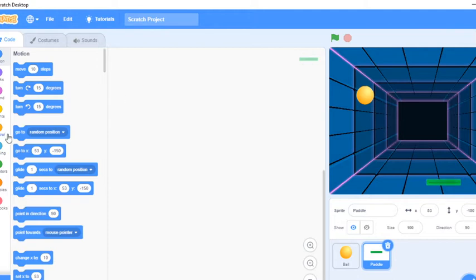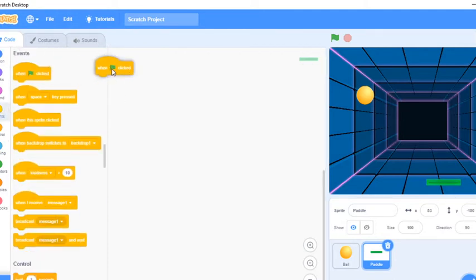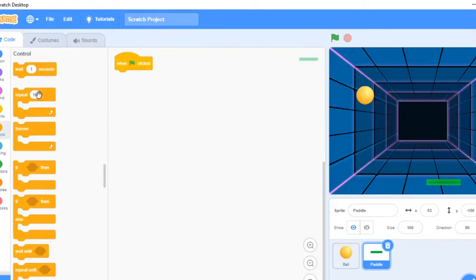Okay, so the first block I have to take is when green flag clicked. In this we have to write the code. So I will go to the forever statement. This is the forever control statement I have added here, and here I have to add the paddle's x position. Continuously the paddle will move according to our mouse pointer.